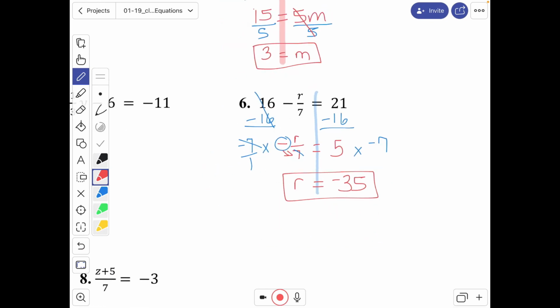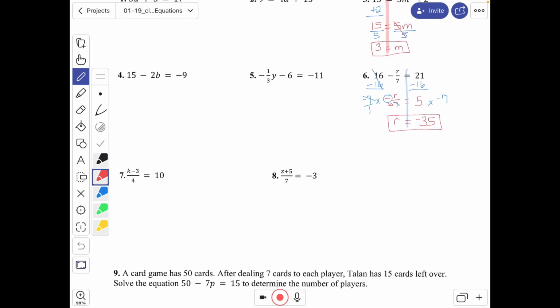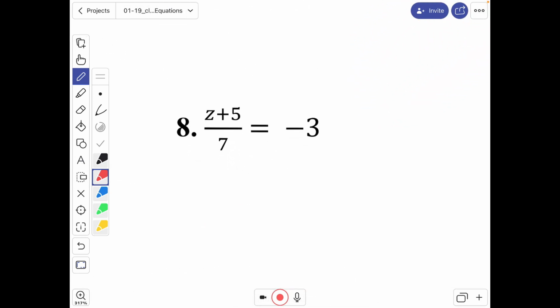Okay, let's look at number 8, which also looks a tad bit different. We have division and we have adding. We can't really get rid of the adding 5 yet because you have to do that first. If we were working the problem, we'd have to do what's on top first before we divide it by 7. So since we're going in reverse, we have to get rid of the 7 first. So the opposite of dividing by 7 is multiplying by 7. So I multiply by 7 on both sides,